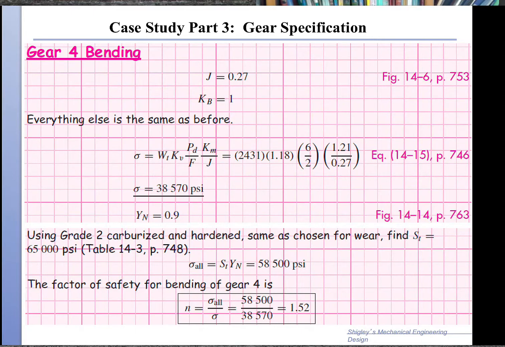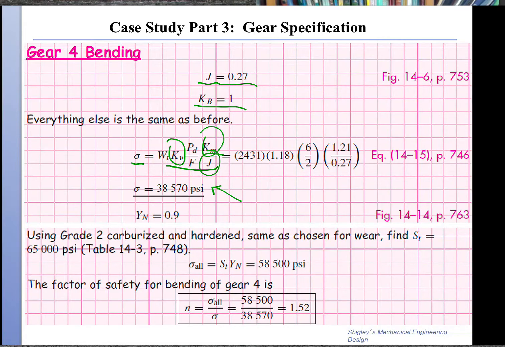Next, we want to verify the safety factor for bending. So we would compute the geometry factor J to be 0.27, the rim factor to be 1, and then we compute the bending stress with the modified form, since we have only K sub V and K sub M and J, 3 out of the 6 parameters, with the other 3 being 1. And that gives us